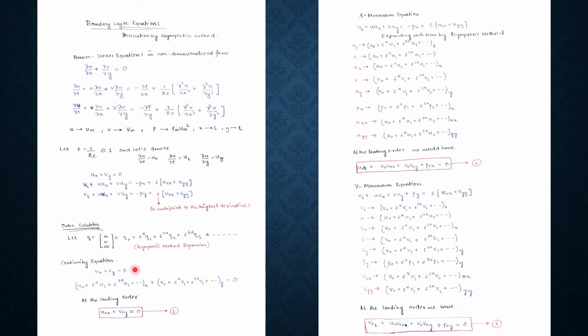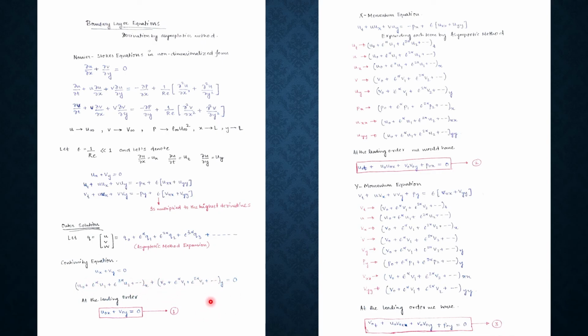The continuity equation, as we know, is u_x plus v_y, and when we asymptotically expand u and v in the written manner, we would get an expression something like this. This is obtained by the analysis of the leading order terms. The leading order terms are the ones with the lowest power of epsilon. Since the lowest power over here is 0, we get the u0 derivative with x and v0 derivative